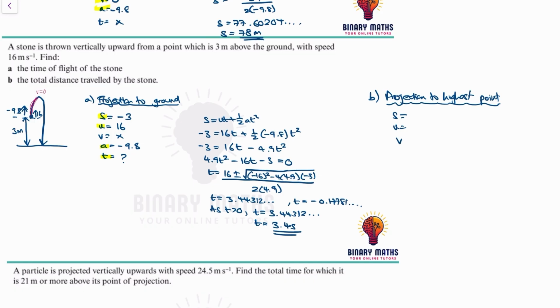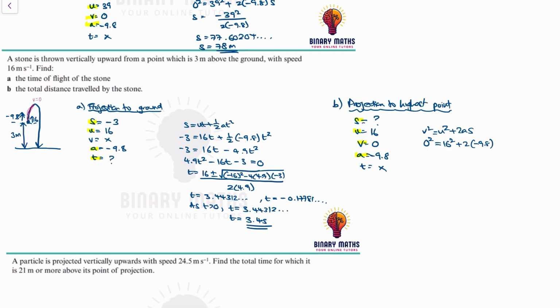S, U, V, A, and T. The S is what we're trying to find out. Initial speed is 16. Final velocity at the highest point is 0. Acceleration is minus 9.8. And T we don't know. So that means V squared is equal to U squared plus 2AS. So 0 squared is equal to 16 squared plus 2 times minus 9.8 times S, which means S is equal to negative 16 squared over 2 times minus 9.8, which gives a value of S is equal to